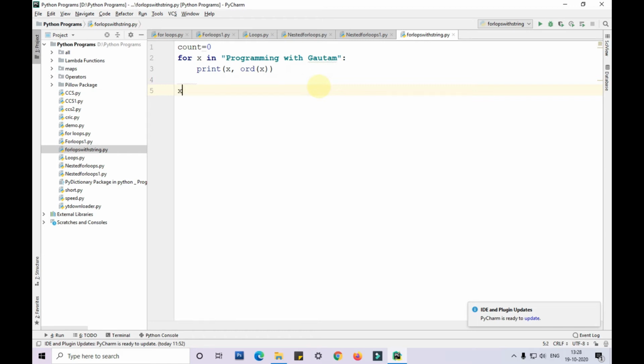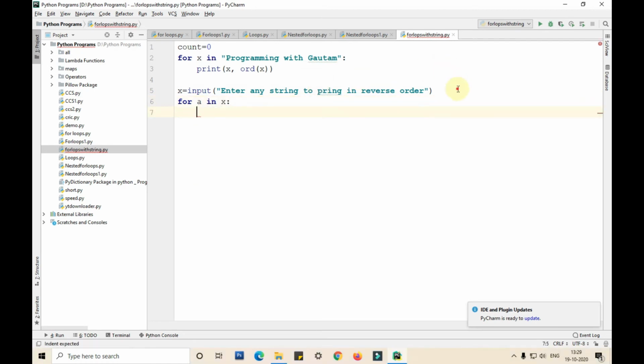I'll take input from user, x equals input, enter any string to print in reverse order. Now I'll use a for loop here. For a in x colon.